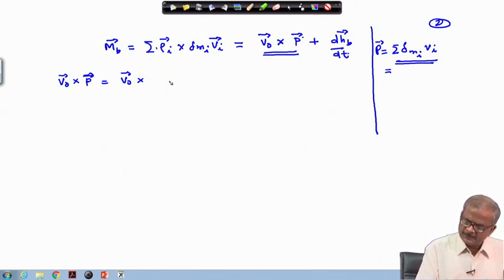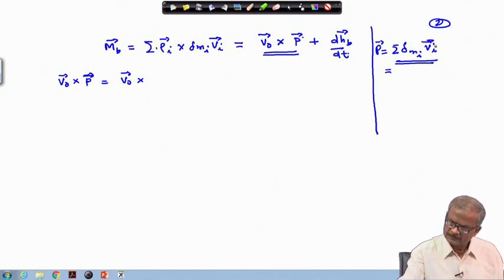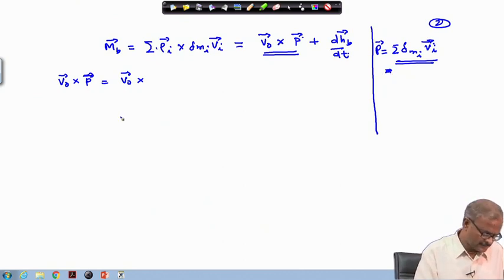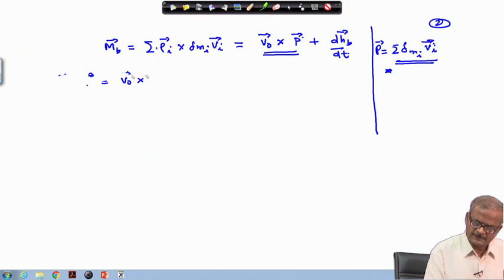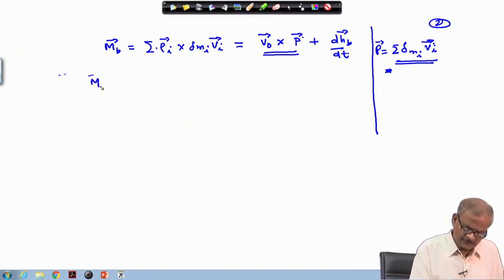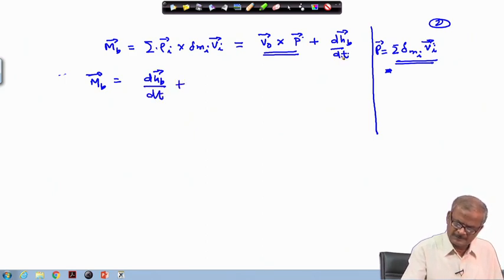So, now P, we rewrite this whole thing, and we will get a very interesting equation which will look like this finally. Let me write that equation first, which we are going to derive. This will be m_b d h_b by dt, and plus we will get one term,